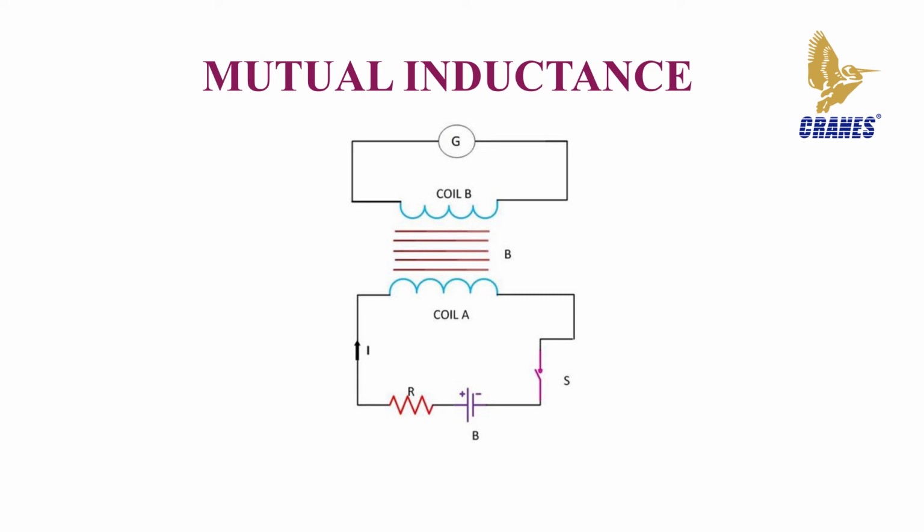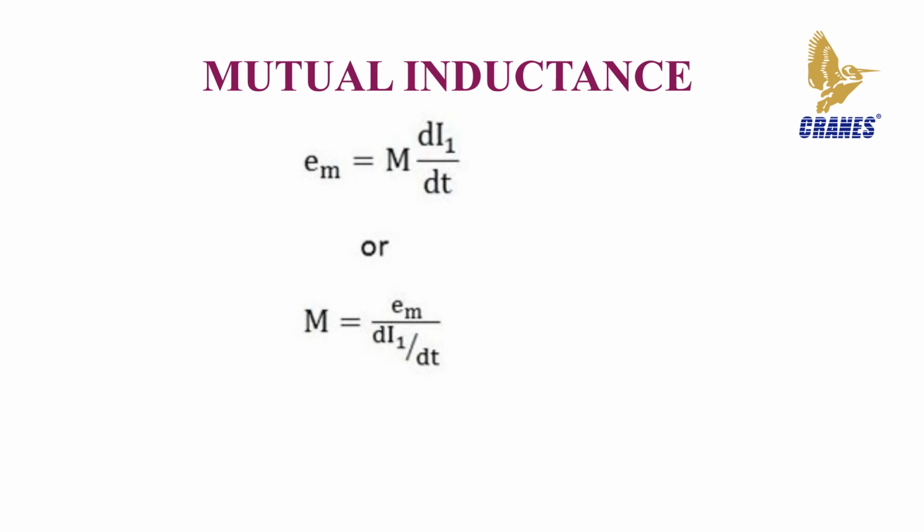Two coils, namely coil A and coil B, are placed near each other. When the switch S is closed, the current flows in the coil. It sets up the flux phi in the coil A, and an EMF is induced in the coil B. And if the value of the current is changed by varying the value of the resistor, the flux linking with the coil B also changes because of this changing current. Thus, this phenomenon of linking flux of coil A with the other coil B is known as mutual inductance. For determining the mutual inductance between the two coils, we have this expression: EM equals M into di1 by dt.